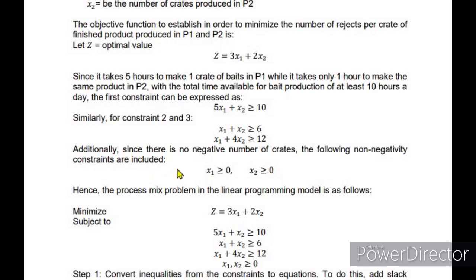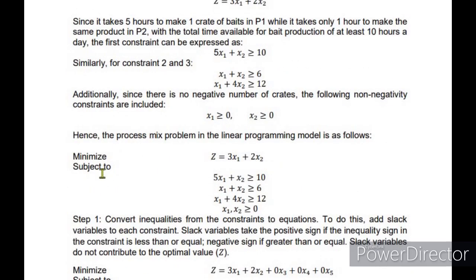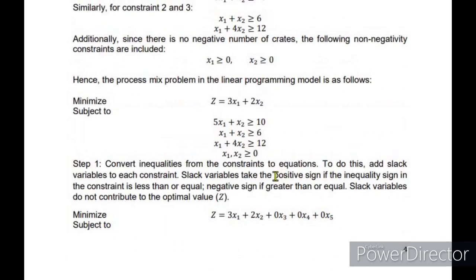Next, additionally, since there is no negative number of crates, okay, the following non-negativity constraints are concluded. So we have also a non-negativity constraint. Okay? Next, hence the process mix problem in linear programming model is as follows. We are minimizing the objective function z is equal to 3x sub 1 plus 2x sub 2, subject to these constraints. 5x sub 1 plus x sub 2 greater than or equal to 10, x sub 1 plus x sub 2 greater than or equal to 6, x sub 1 plus 4x sub 2 greater than or equal to 12, x sub 1, x sub 2